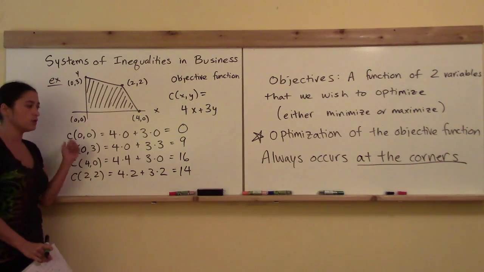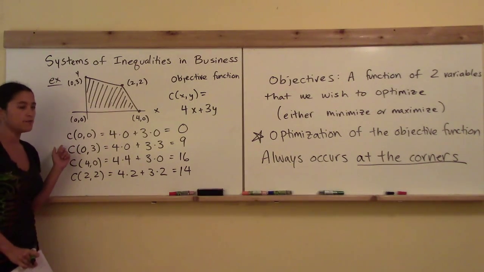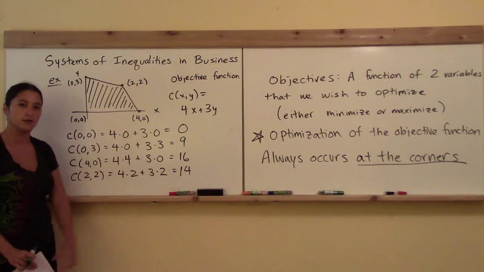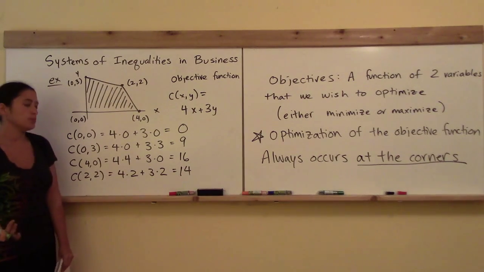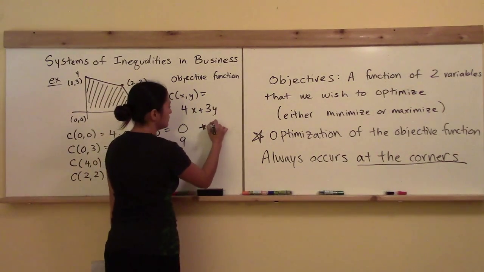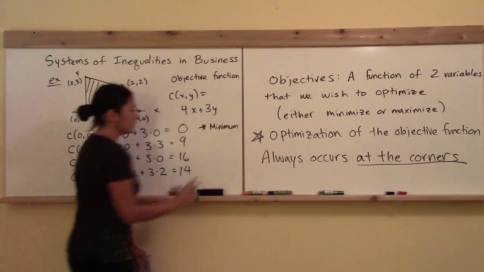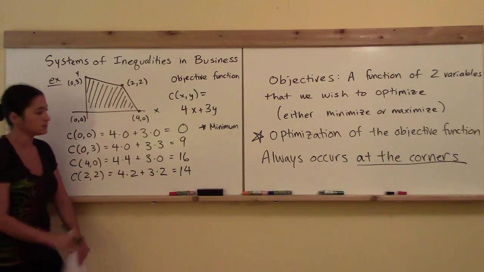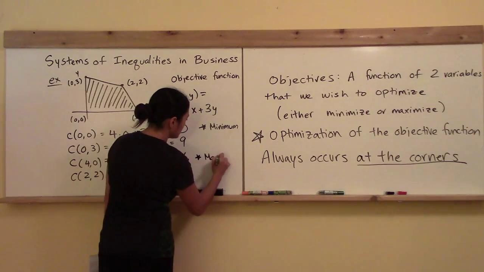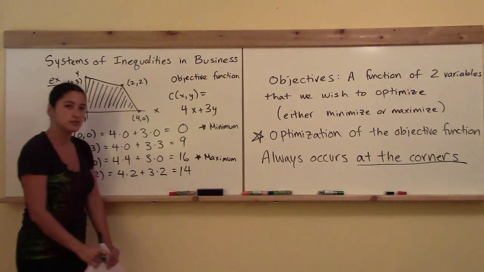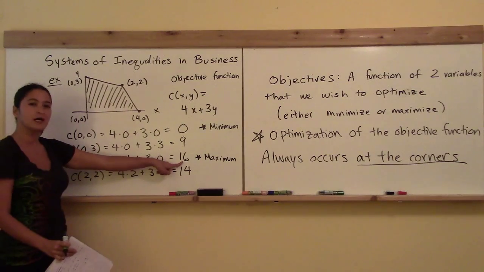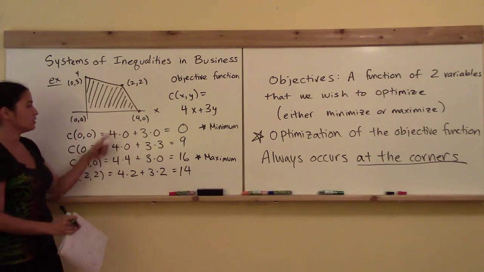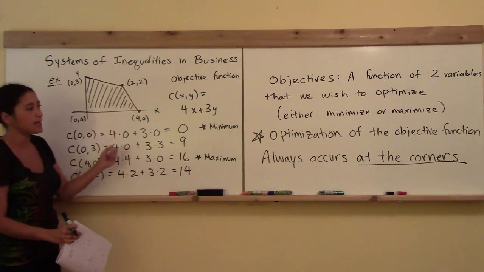All right, so at each one of these corners, when I plug in both the x and the y value into my objective function, I see that the output from my objective function is given by one value. And let's say that I wanted to minimize this value. Right here, this would be the minimum value. So then I would choose x equals 0 and y equals 0 in order to minimize the value of that objective. If I wanted a maximum value, then I can see that the greatest output from all of these different corner choices, the best choice was (4, 0), in which I got the value of 16. So then I would know that this is the best choice for me if I wanted to maximize the output